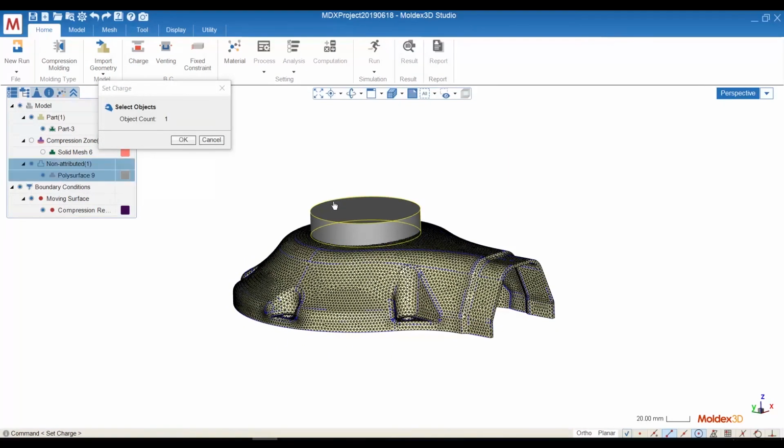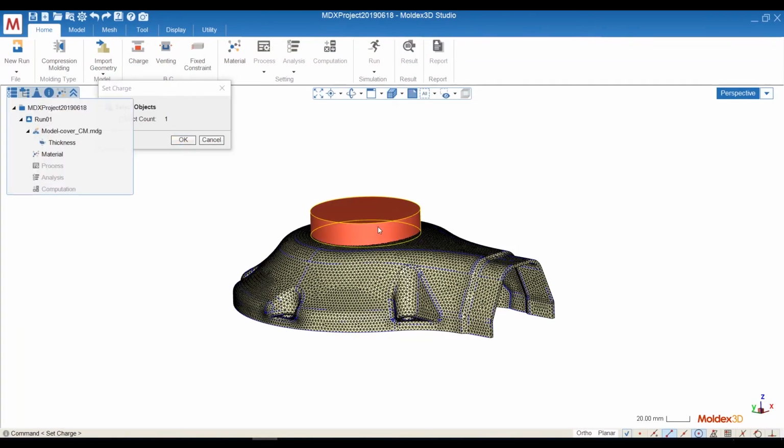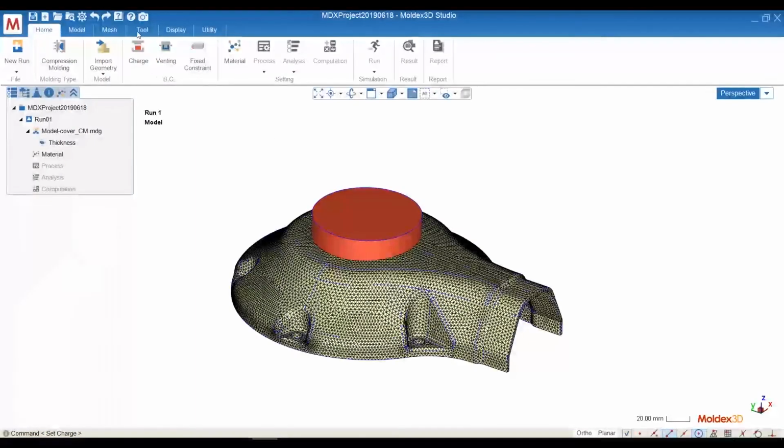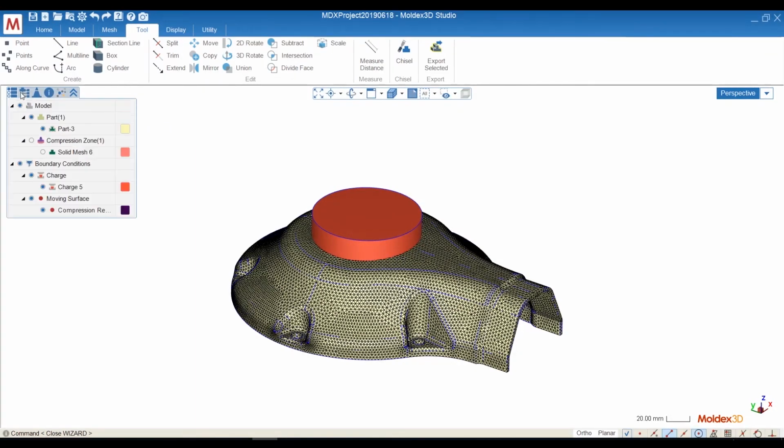We select it, click on OK, and Moldex3D will calculate the volume of the charge and the volume of our part. And if the charge is too small to completely fill this part, or if it's too big, we'll give you a warning message. So right now it's 144, but what we need is actually at least 223 cc for the charge. So we can close it,